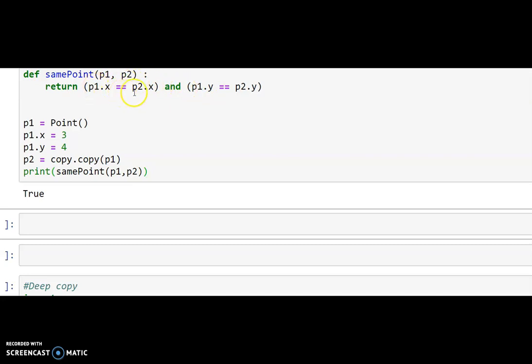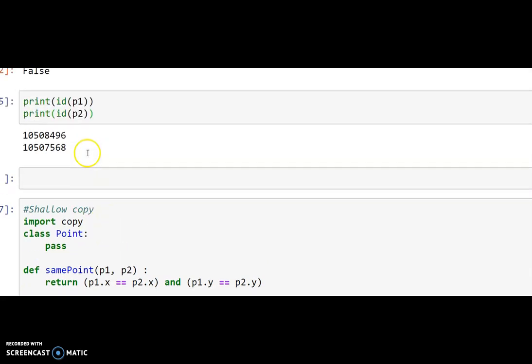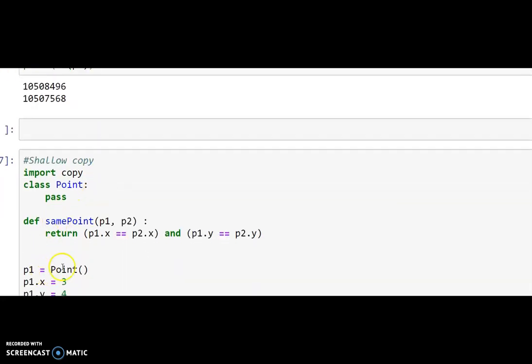So basically what we are doing in deep equality is checking whether every member in the objects is equal or not. If we get the result true, only then they are equal. So here the result will be true with the deep equality, but not the same with respect to the shallow equality. Next we'll discuss deep copying.